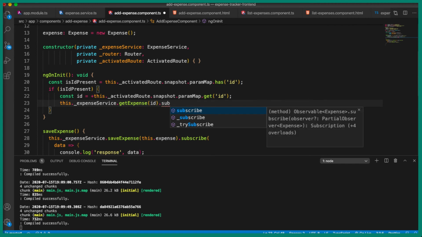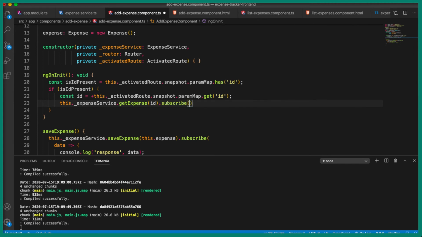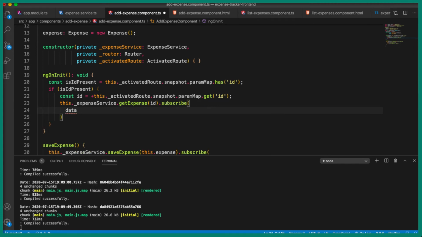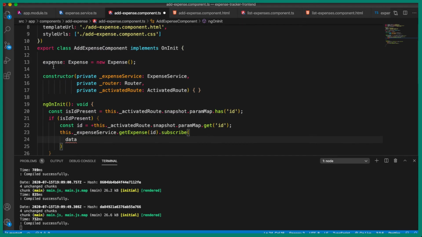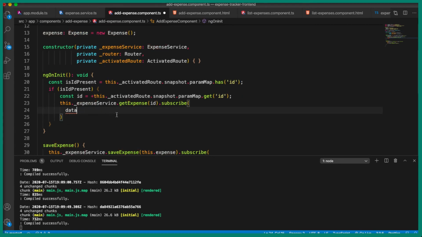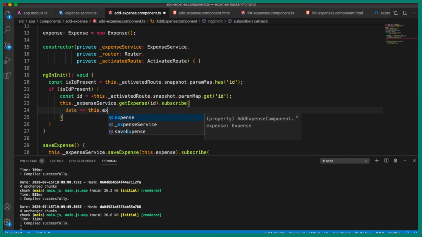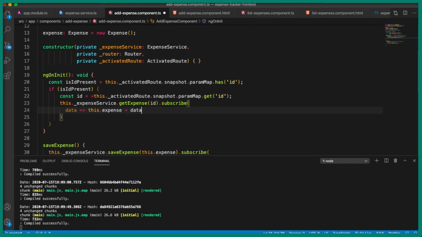All we need to do is subscribe to that method, and this will give us a response, and that we are going to assign it to the variable or the object which we have created above. So this dot expense is equal to data.